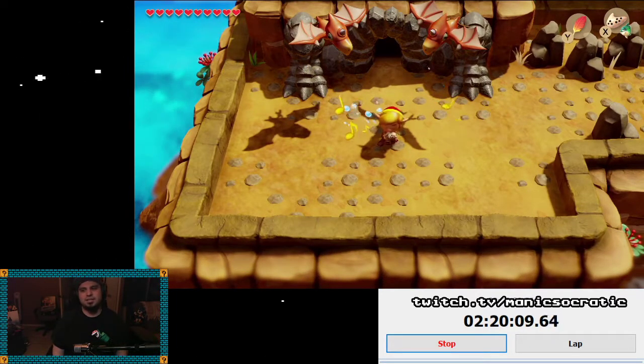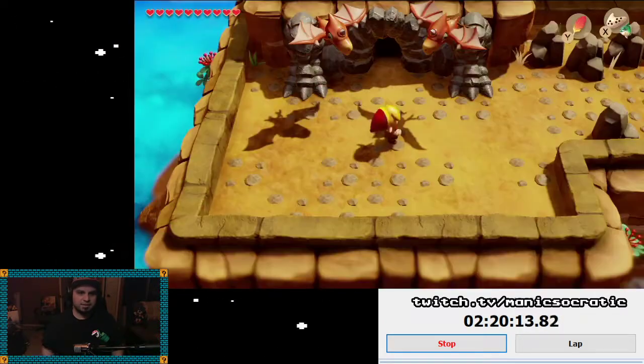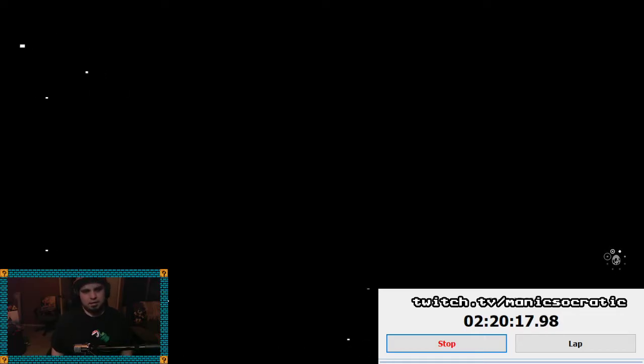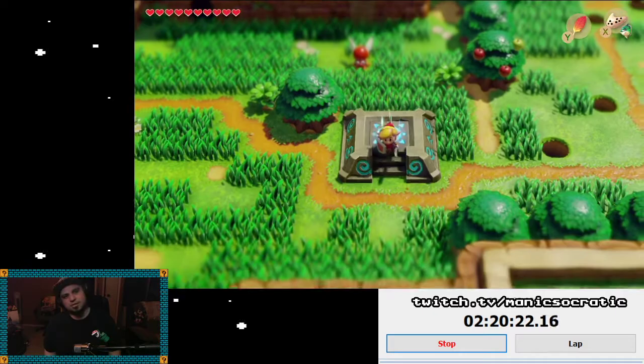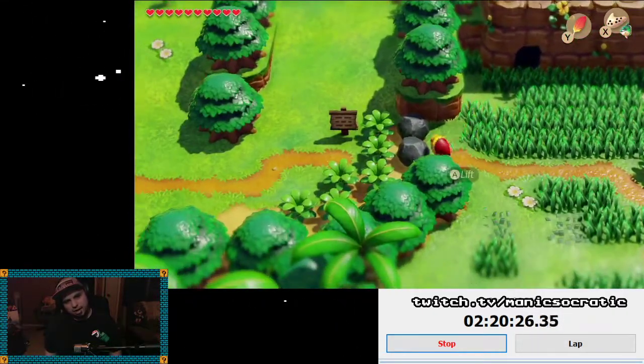Ooh, saved by the teleport. I'm gonna go hit the Cuckoo Prairie warp point, so I can go hang out at the library. This was one of the essential reasons for going and grabbing